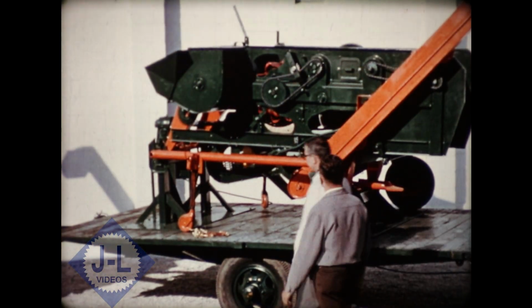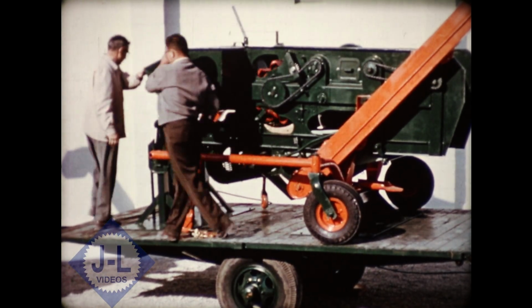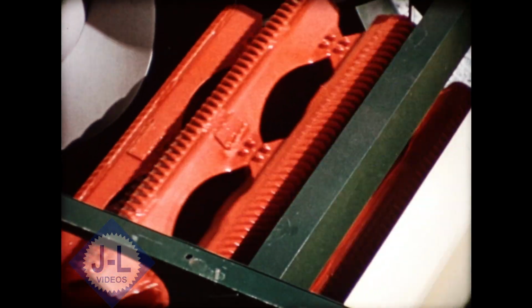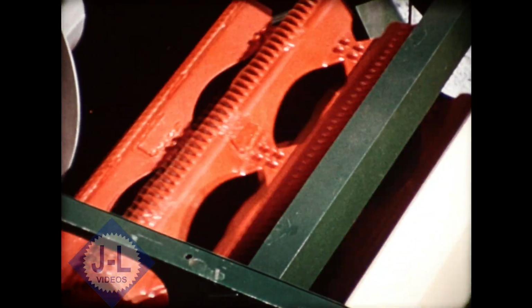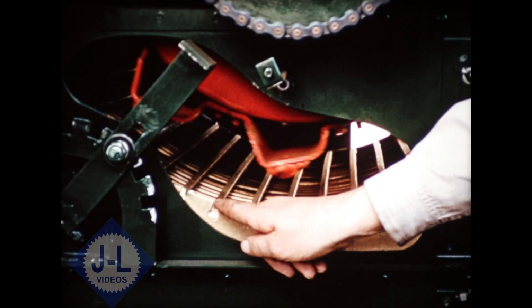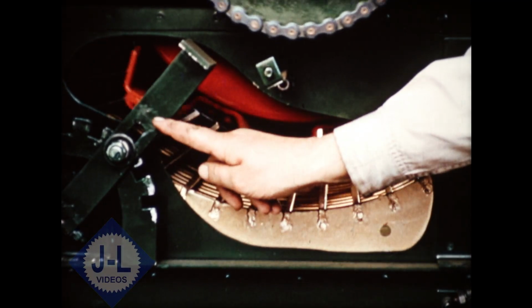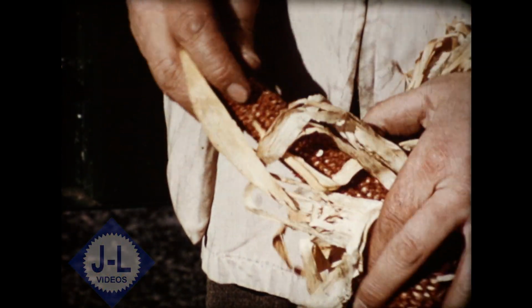Here is a special display model of the number 303 sheller. We can examine the inside as it operates slowly. The corn is shelled by an extra heavy rasp bar cylinder. It does a gentler, more thorough job because of its large size, slow speed, and 10-bar design. The concave is also especially designed for corn shelling with large openings. It can be set farther from the cylinder than is possible on a combine. As a result, most of the cobs go through the machine unbroken, so you get a cleaner crop in the